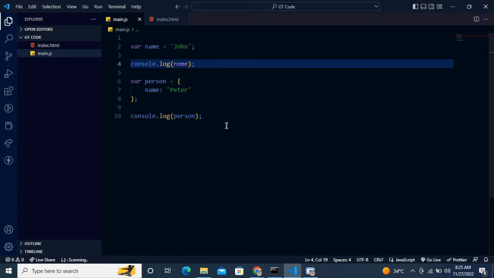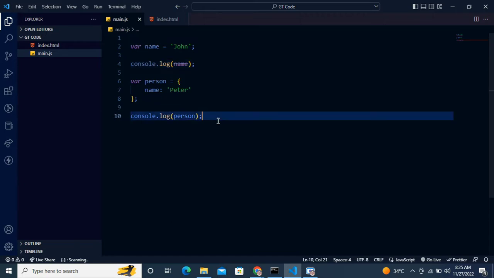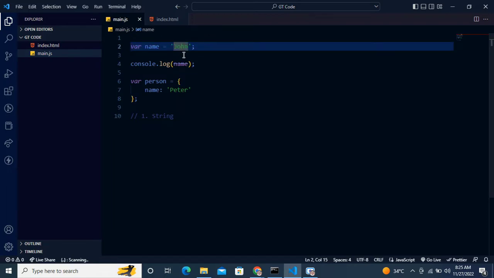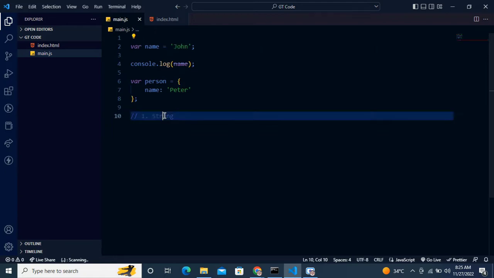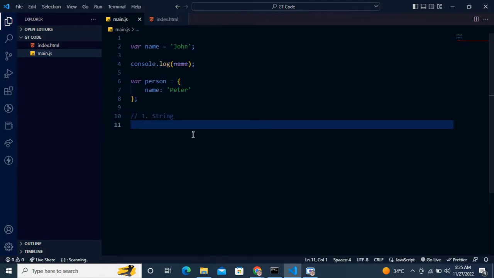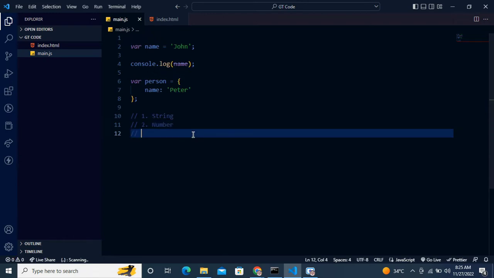In JavaScript, we have 7 data types, which I'll list. One, we have the string data type, which is a primitive data type. This is a sample of a string. A string is a sequence of characters. So this is just a sample of a string. And number two, we have number as a primitive data type, and we have the third one, BigInt,